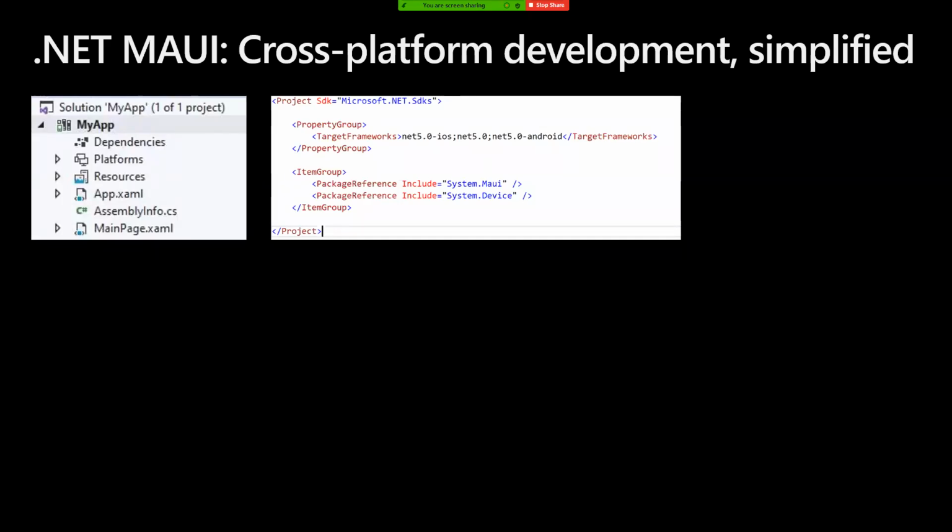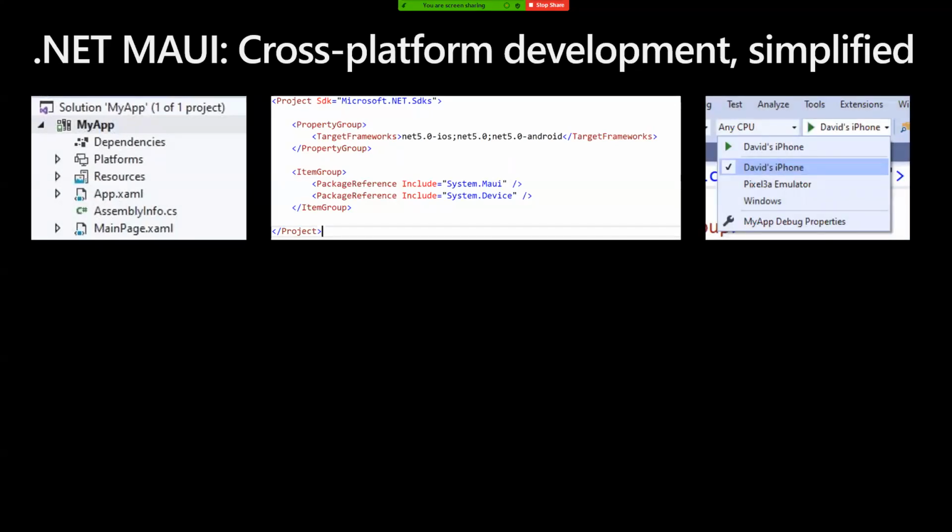With cross-platform development, like you've seen, there are a couple of different projects and you have to go through a couple of different things. What we want to do with MAUI is simplify it for everything. You'll be able to pick between all your different phones, Windows, emulators, all in one dropdown. You'll have System.Maui for your UI, System.Devices for Xamarin.Essentials, so you can access Windows, mobile and macOS native things like battery from that shared code base.